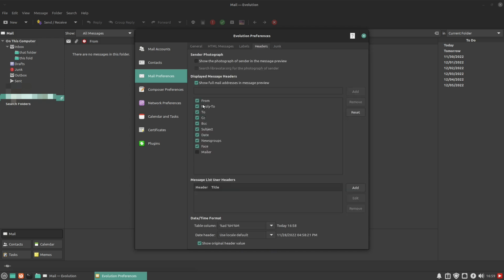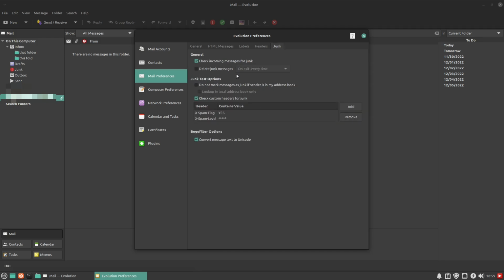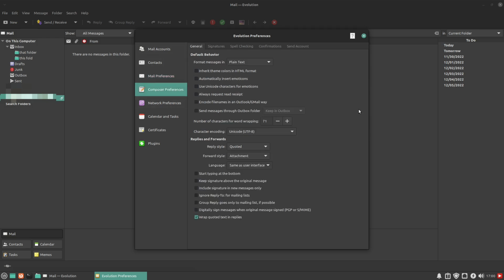And here are the different headers that you might want to have in your system. And here's your junk messages. Delete junk every time. You can check incoming messages for junk, and then you can add custom headers into those. Composer preferences. This is actually one somebody had sent me a question on in a comment the other day, and I'm